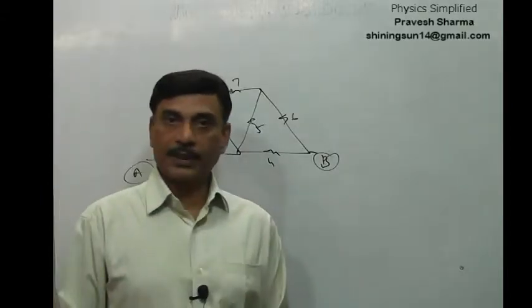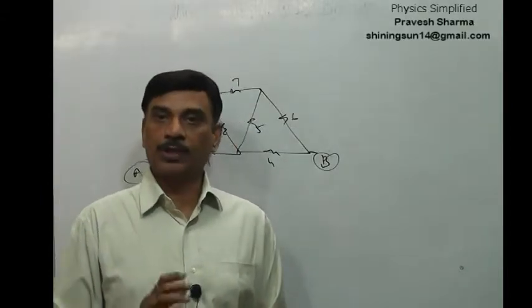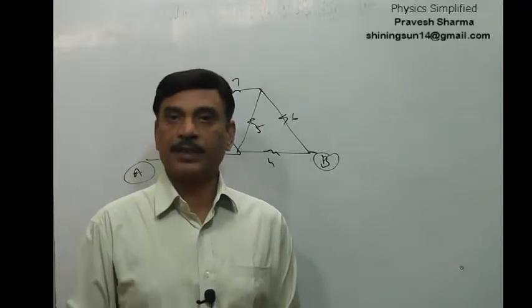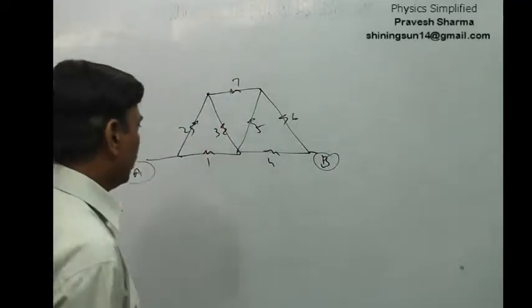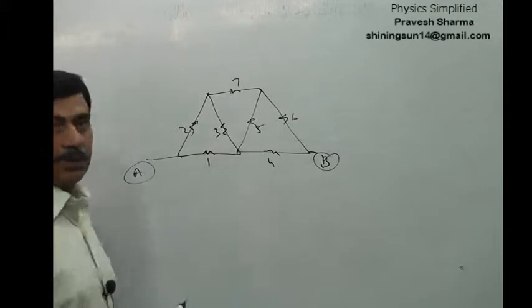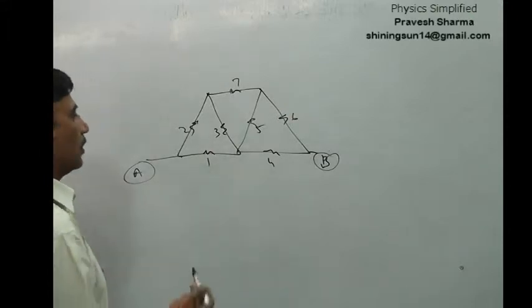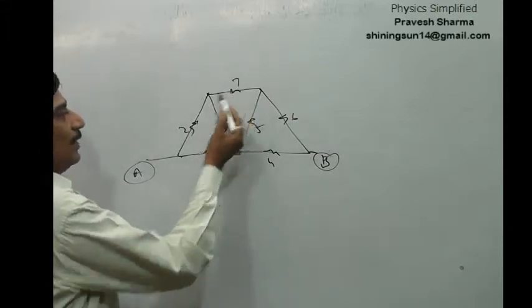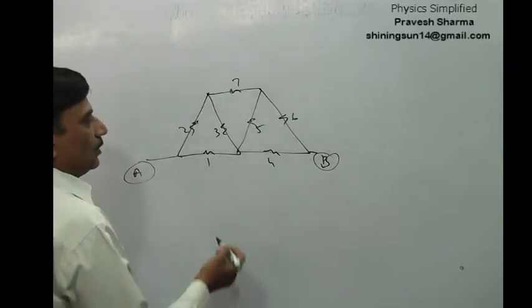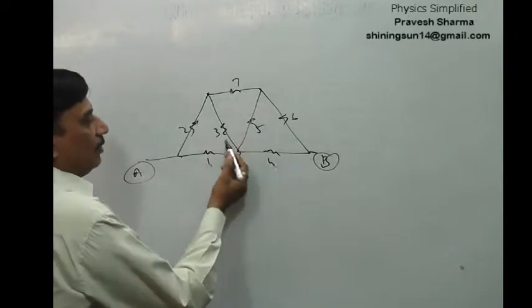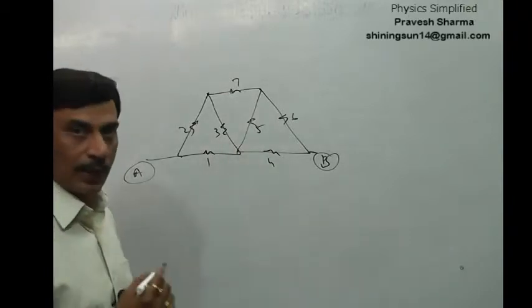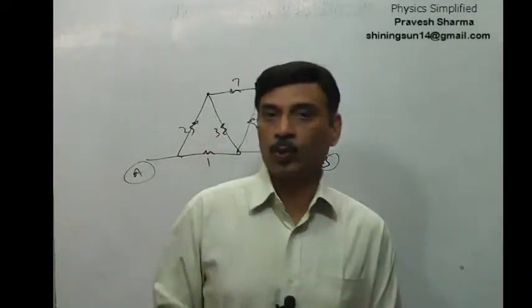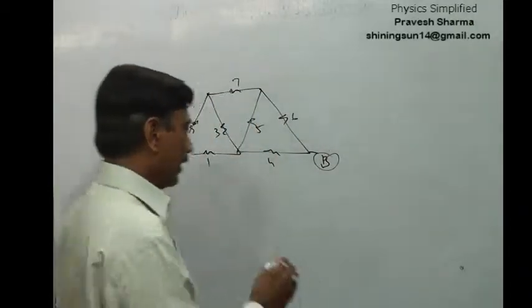It is not mandatory that all the time the resistors are going to be in series or parallel only. It is not essential. Now let's look over here. If someone asks what the resistors in series and parallel are, many times students say the resistors 2 and 7 are in series. Similarly, they say 3 and 5 or 3 and 4 are in series. When I say two resistors are in series, then it is something like this.